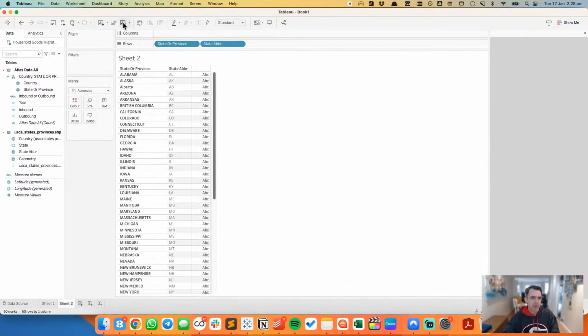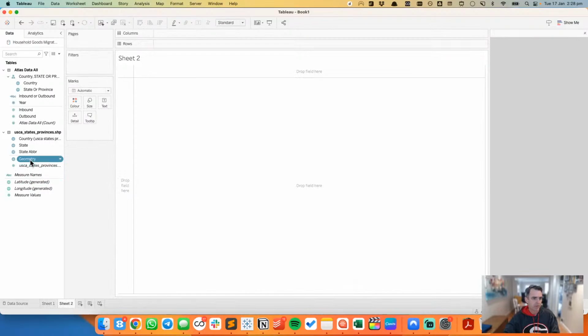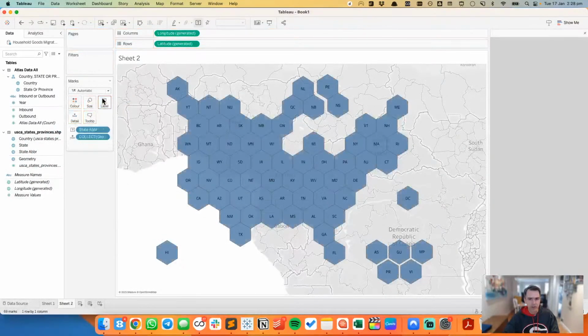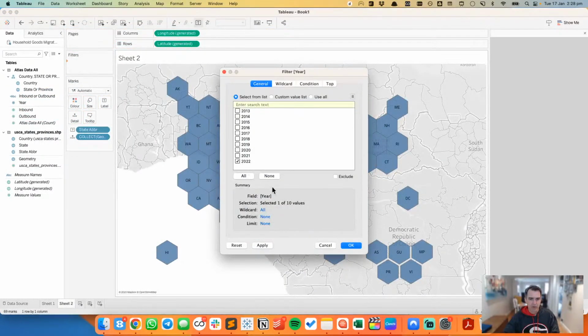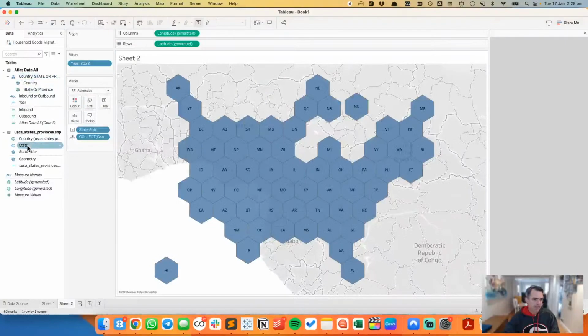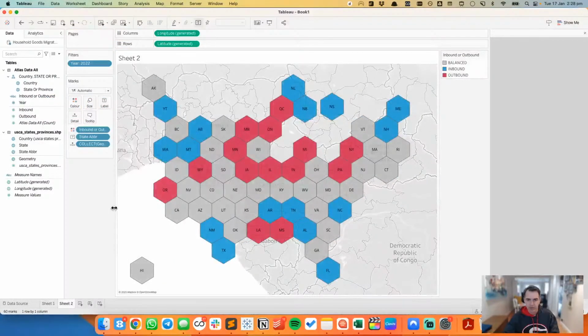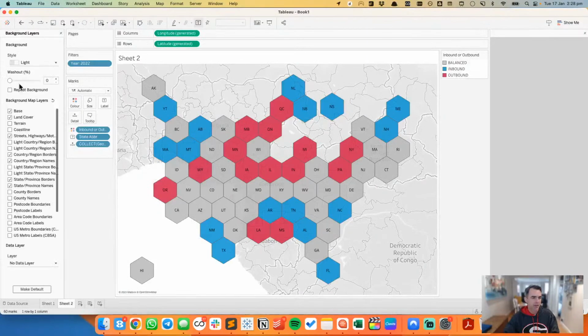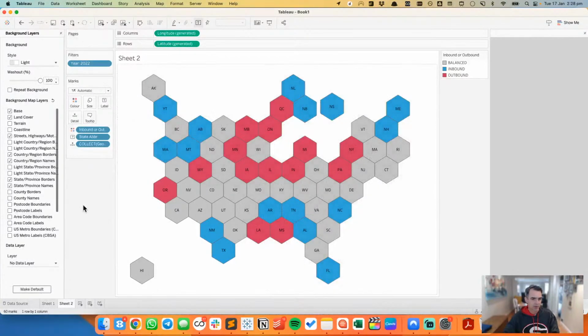Let me now look at this shape file. So I'm just going to double click on geometry. I'm going to put state abbreviation onto label. Okay, and then the year 2022, I want to bring in my color. Where's my color? Okay, and then again, I'm going to format the background layers and reduce that to 0, or sorry, increase it